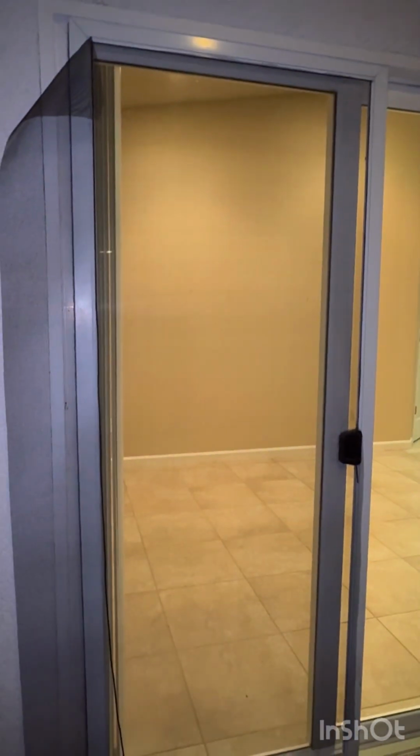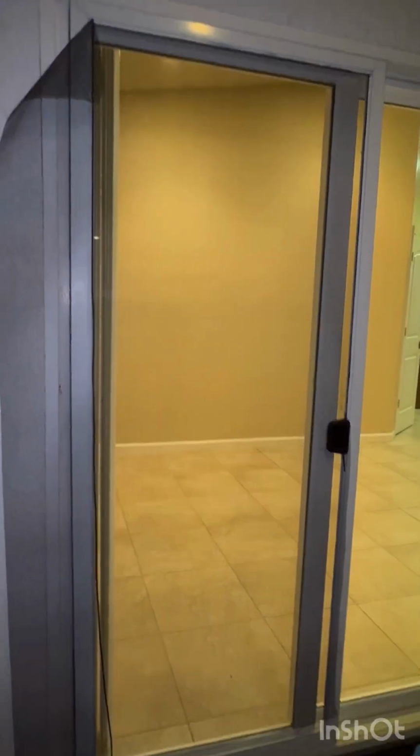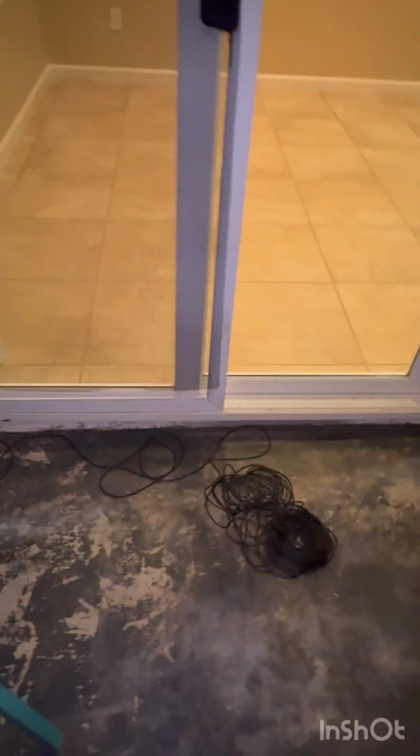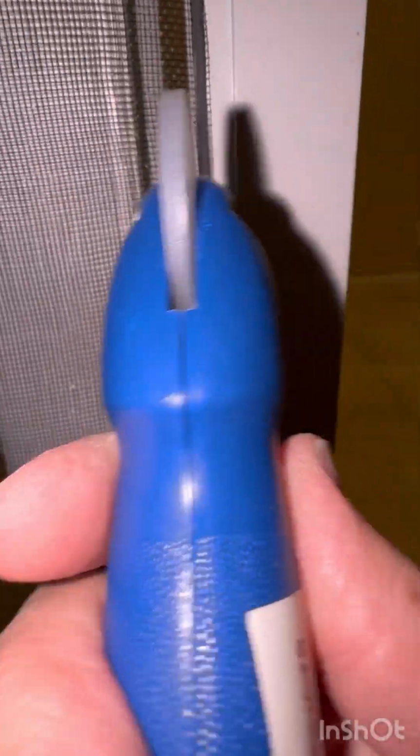Right, so I am replacing the fabric, the screening in this patio door. I took out the old screen and it was torn. I've bought the new rubber stuff, I forget what you call it, that's going to go in here. And then I have this tool,